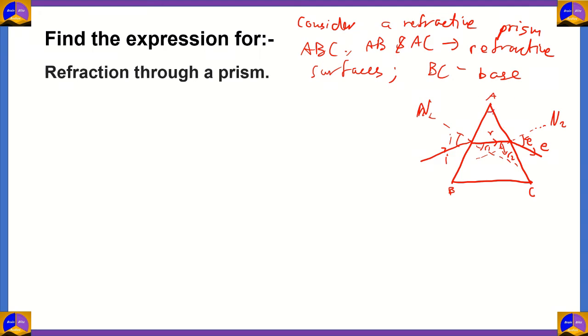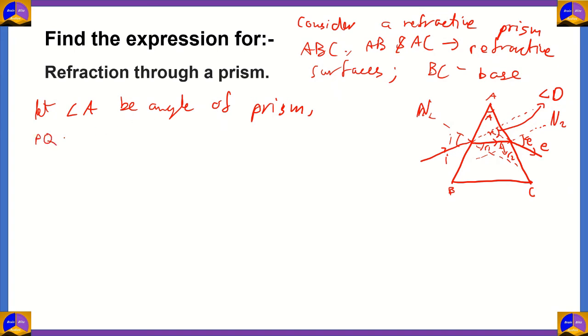So this angle in the prism is called the angle of prism, which is angle A. And when you extend the incident ray and the emergent ray, you get an angle here that is angle D, the angle of deviation. So now let angle A be the angle of prism,